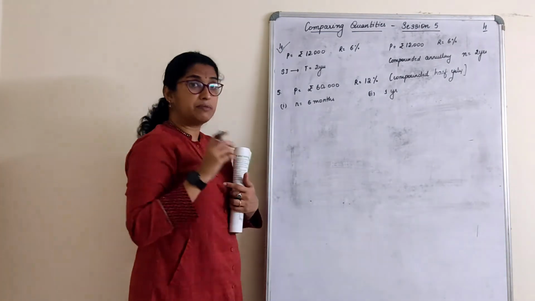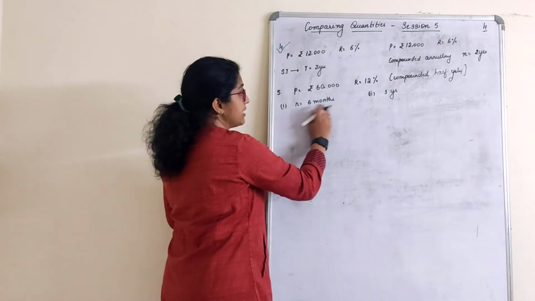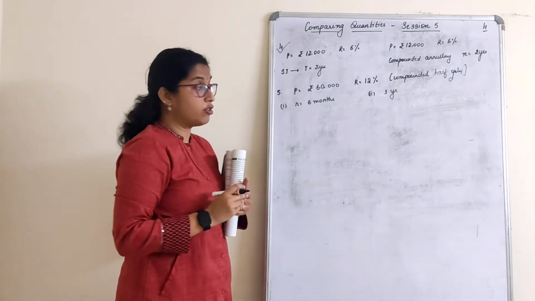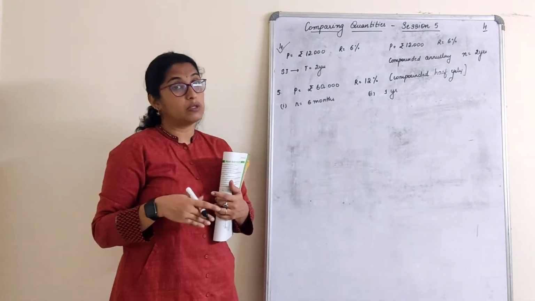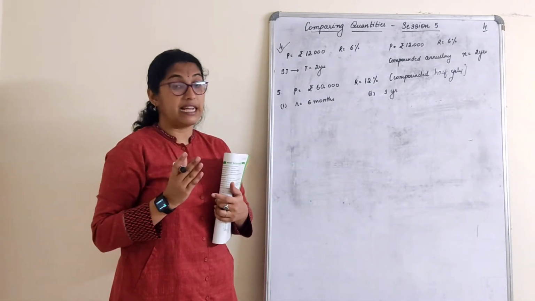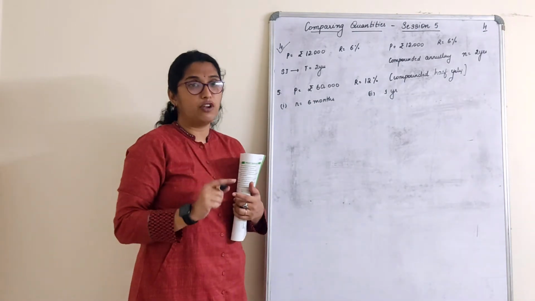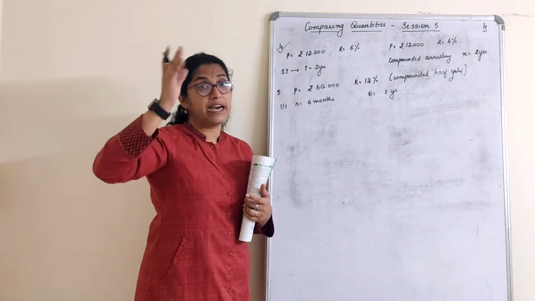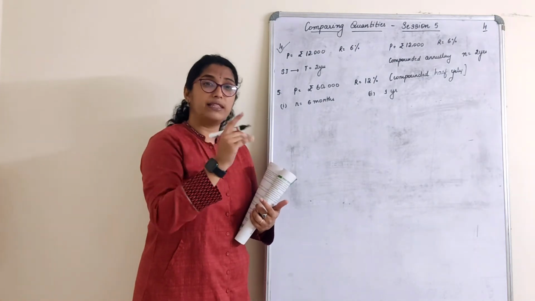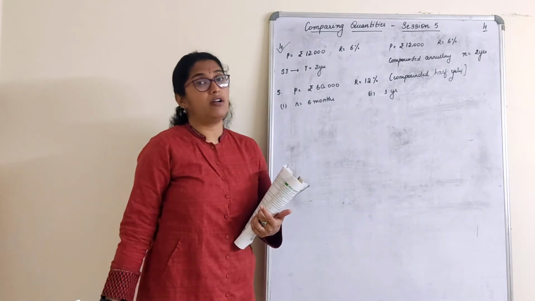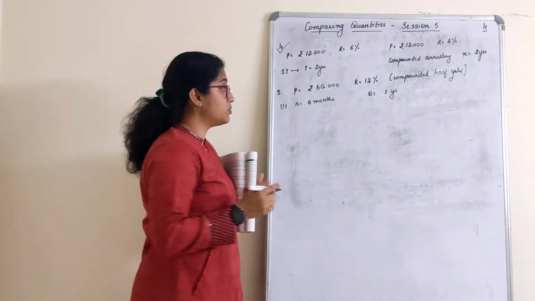Whether that is 6 months, 4 months, 1 year, 1.5 years, anything. Sometimes what they do, 6 months is considered as half year also. With that, the rate of interest is also reduced to half, and they take the rate of interest as 6 and do it. That way also it can be done. But I will follow one rule here, compounded half yearly, strictly the formula. One thing what we do in one sum, let us follow the same in all the sums so that there will be no confusion further. Otherwise you can also do it in this way.